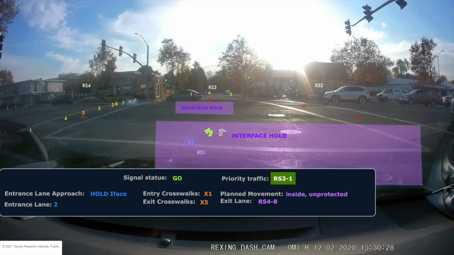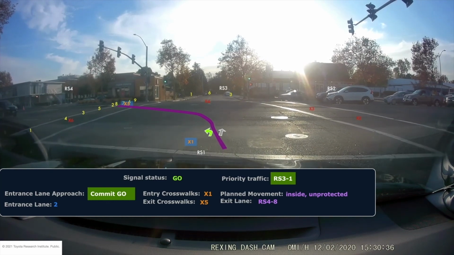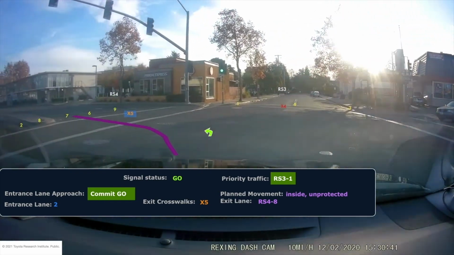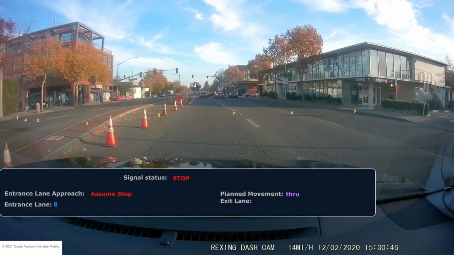We detect a go signal and a vehicle still clearing the intersection. Note the small delay in the dashboard between the go detection and the change in entrance lane approach state to commit go. Both the interface and encroach holds are released since there is no oncoming traffic. Neither the entry or exit crosswalks have asserted holds either, so we are free to traverse the intersection. The dark purple connector leads us from our entrance lane to the exit lane indicated in the lower right of our dashboard. Great, we've cleared the intersection without hitting anything or anyone, and as we come around, we initiate a